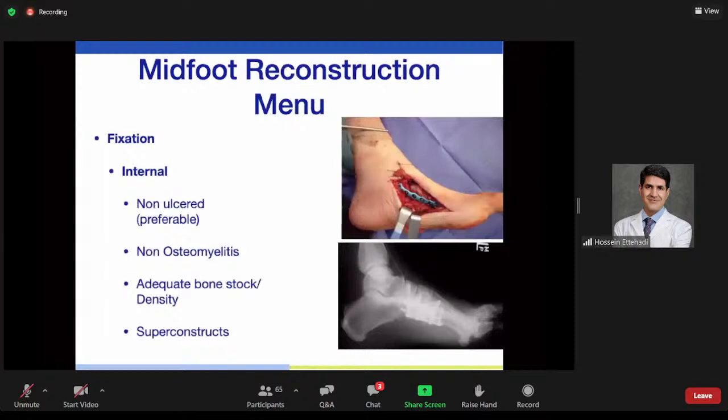So for fixation, the internal alternative is preferable when we have a non-ulcerated Charcot patient, with no osteomyelitis, with adequate bone stock and density. And here is where many authors have described the use of superconstructs that involve going proximal or distal to the joint deformity through